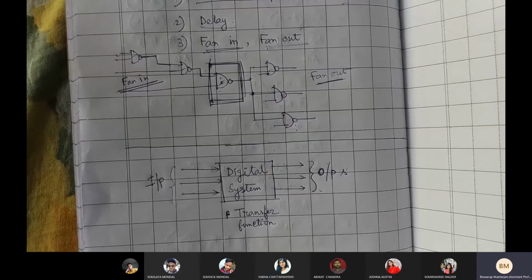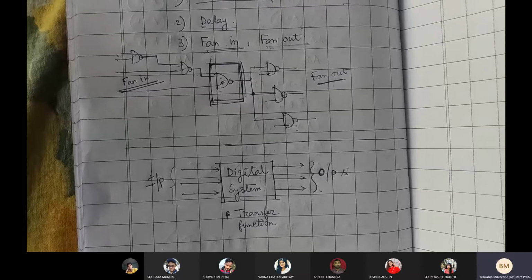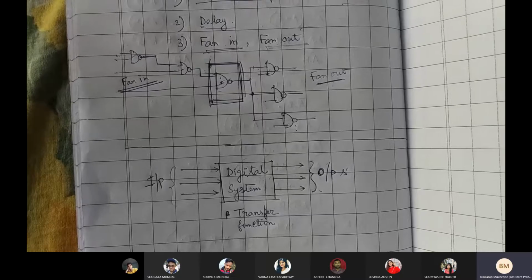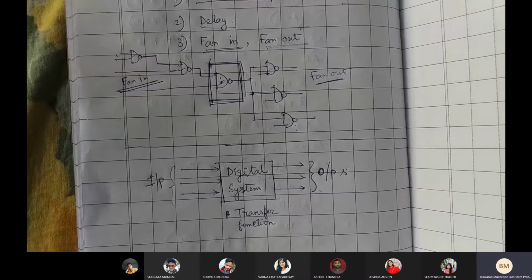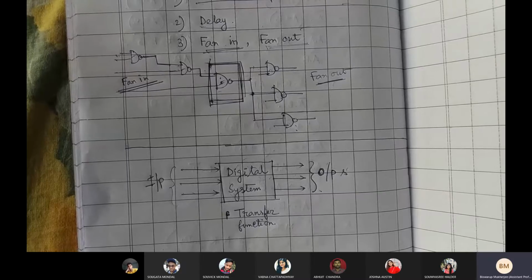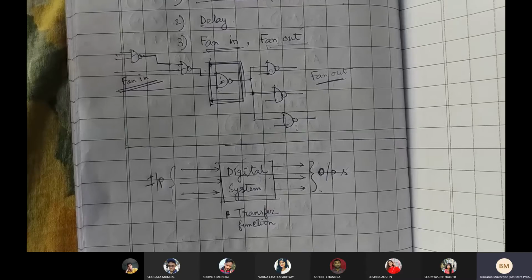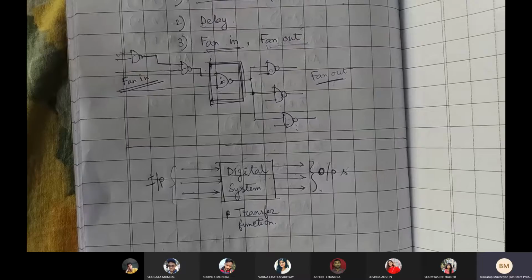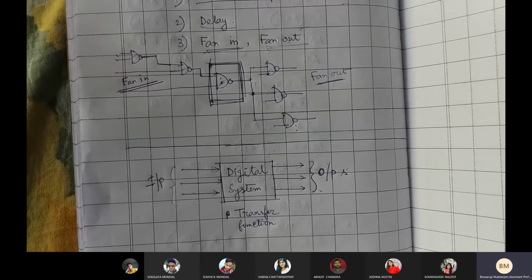So whatever the signal, it should have some definite parameters, right? Whenever you are providing one signal during the examination to your friend, you are sending a signal just to say what the answer is for question number B. So you will be sending some definite signal. There are a few definite parameters for that particular signal. Make sure about this one. You will not say it in such a tone that it is not actually a valid signal during the examination. So every signal can be defined with proper parameters, right?